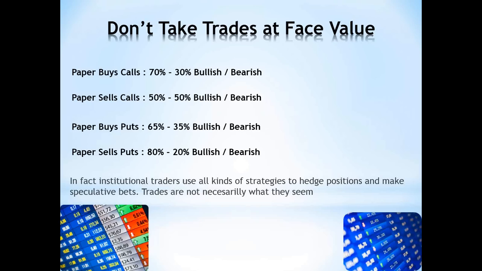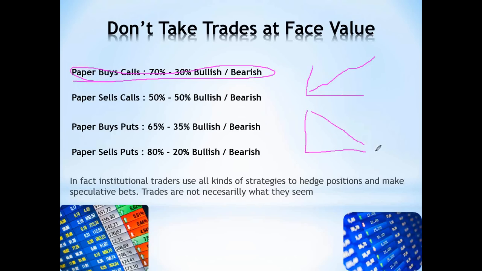Because if I'm looking at a chart and let's say I see a giant block of calls hit the tape. I see a huge block of calls hit the tape, and then I look at a chart. Well, if I have a chart that looks like this, stock moving higher, is it more likely they're playing the direction, or is it more likely that they're coming in and shorting this and buying calls as a hedge? Let's say I see that same block of calls bought in a stock with a chart that looks like this. Well, I'm much more likely to believe that this order here is a hedge and this one is a speculative bet, right?